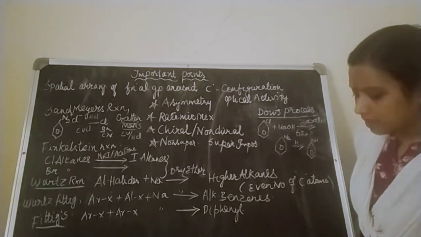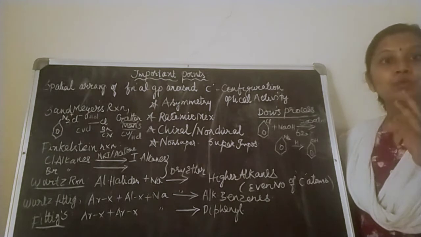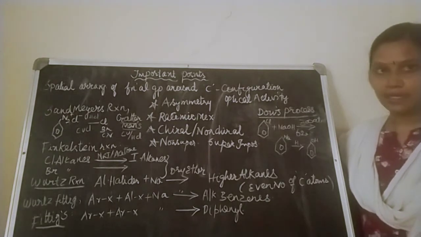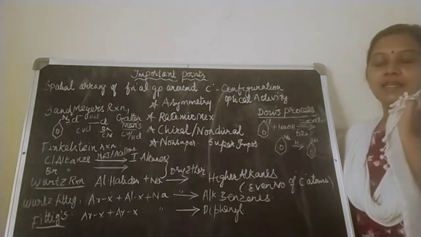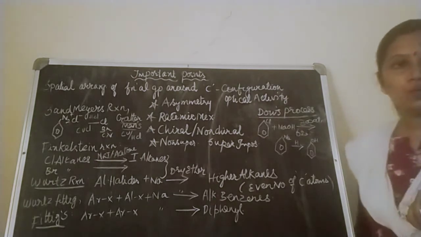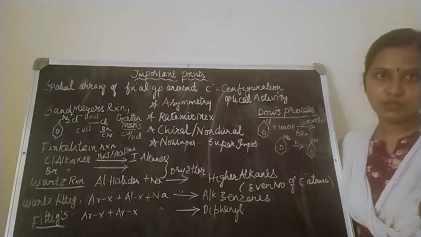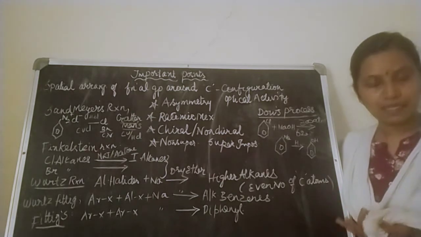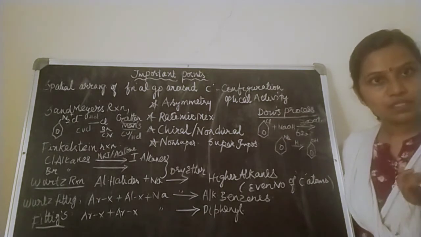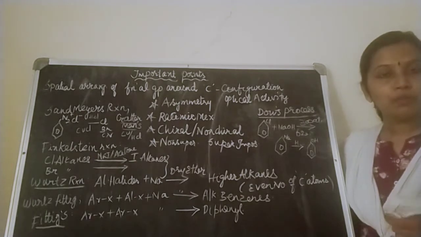Okay. Then what is optical activity, children? I pass white light through a Nicol prism to a solution of some organic compound. Then what is produced? Plane polarized light is produced. If this plane polarized light is rotated towards the right, it is dextrorotatory; rotated towards the left, it is levorotatory. Those isomers are called optical isomers. This phenomenon is called optical isomerism. Then you need to go through stereoisomers. What are stereoisomers? Isomers which differ in the spatial configuration. Then you have to study meso isomerism.